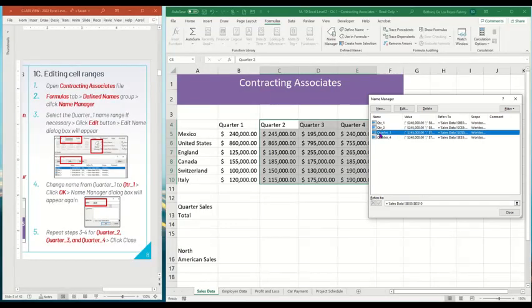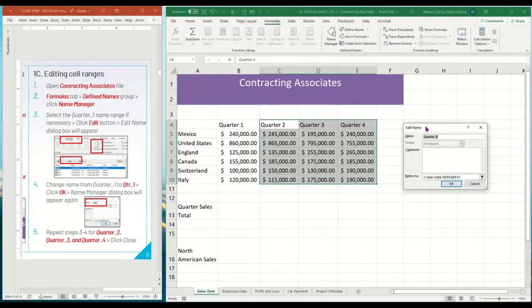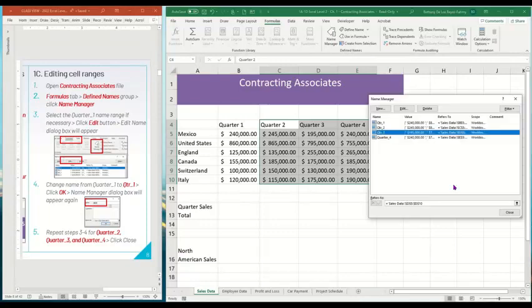Once you do that successfully, move on to quarter three. So I'm selecting quarter three. We're going to edit the name field again into QTR underscore 3. And notice your reference is still exactly correct. And we're happy with that, so I'm going to click on OK, and we're going to do this one final time